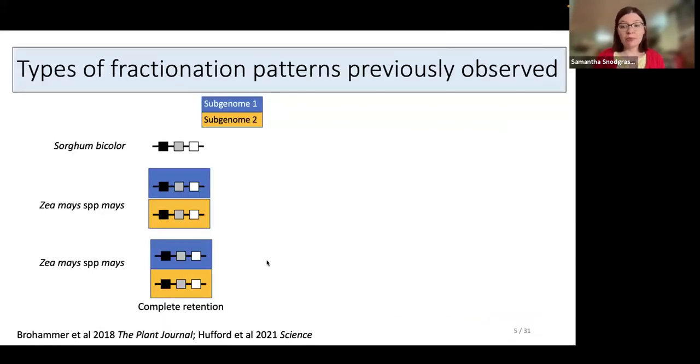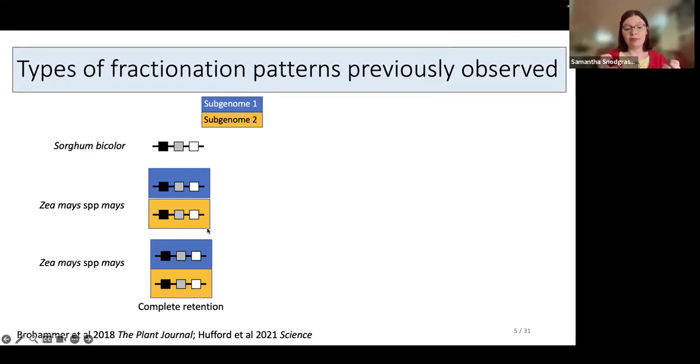So fractionation has been previously studied in maize, and in particular, it's been studied between maize lines because that's what we have had the genomic resources to look at. And so here are a couple of the patterns that they have found. Here we have our two subgenomes, our two paralogs, or homologs, if you will, for each line. And if you see a 2-to-1 relationship when you align these genomes to sorghum,